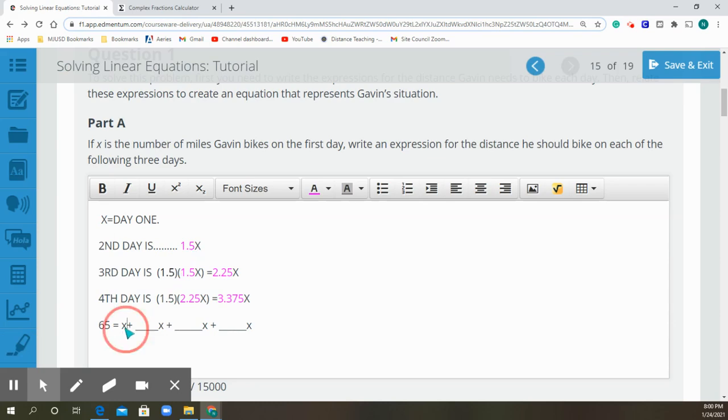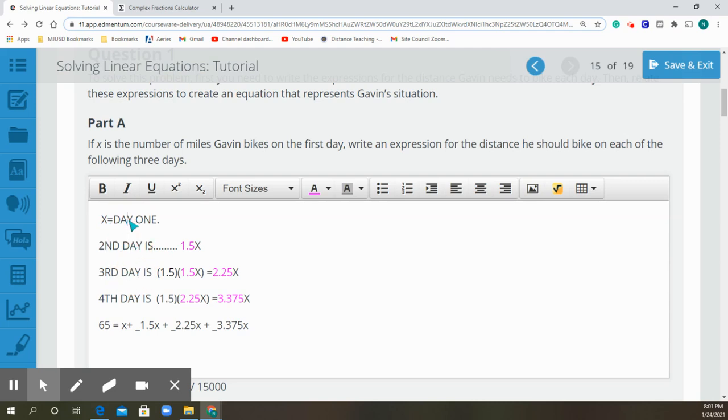So we take x, the first day, plus 1.5x for day 2, 2.25x for day 3, and 3.375x for day 4, and clean that up a little bit. And what that gives us is the equation. So we've taken the expressions,